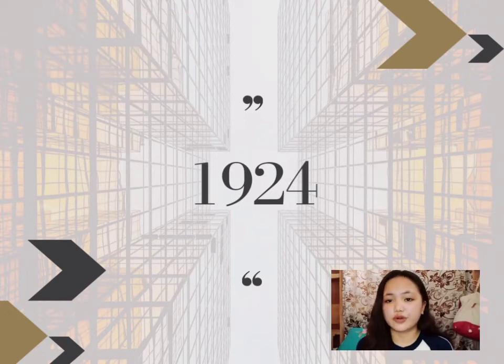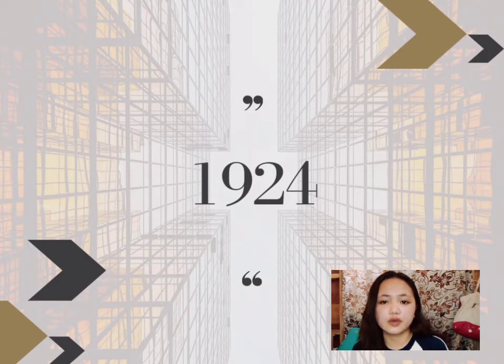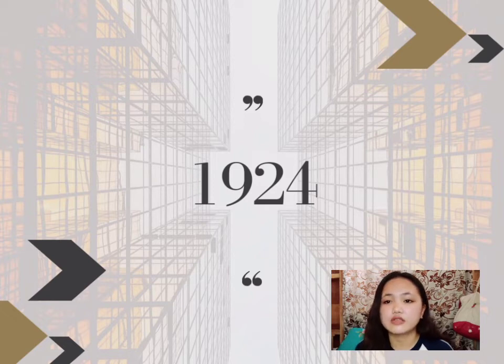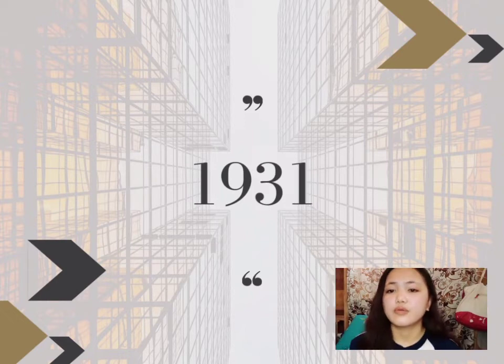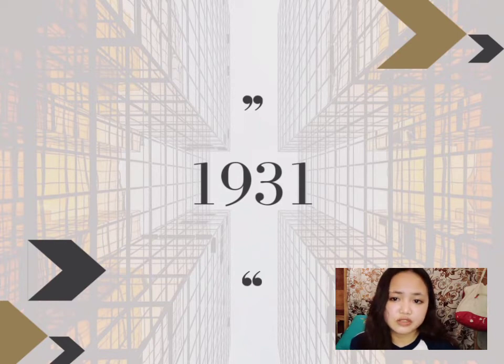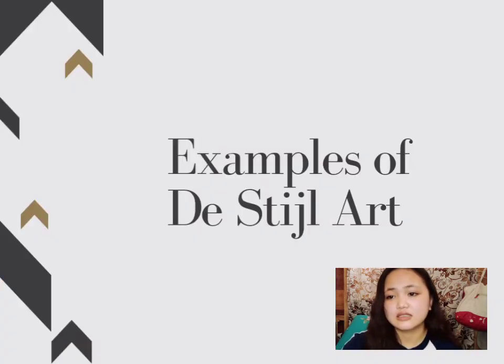In 1924, there was a new proposed theory of Theo van Doesburg called elementarism, which suggests that diagonal lines are more vital than horizontal and vertical lines. After this proposed theory, Mondrian separated from the movement, but they also gained more members at this point. When Theo van Doesburg died, the movement didn't manage to survive because van Doesburg had the most pivotal role in the art movement.